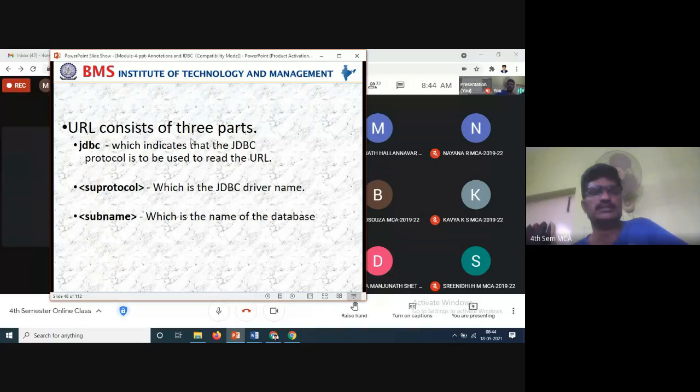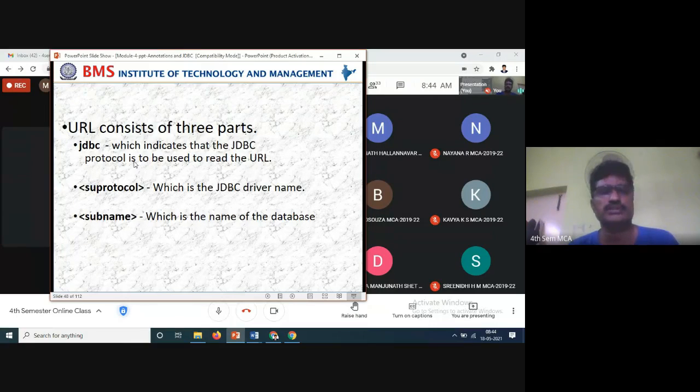So the URL consists of three parts: one is JDBC, one is the subprotocol, and another one is the subname. The first one is JDBC, which indicates that the JDBC protocol is to be used to read the URL. So the JDBC protocol is required in your programs; you have to include it in the URL.